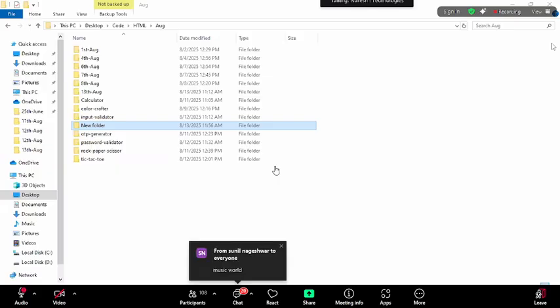Music World. Love Beats. Golden Melodies. Ask ChatGPT. True Music. So all these suggestions that we are getting are coming from ChatGPT only. We don't need to search. They are already searching and sending it here.